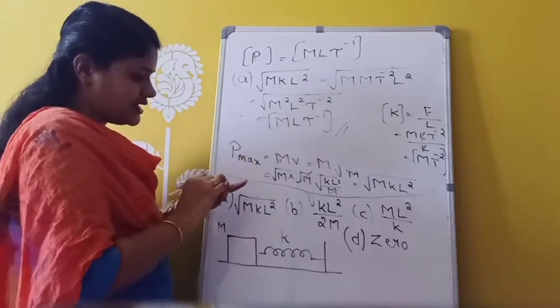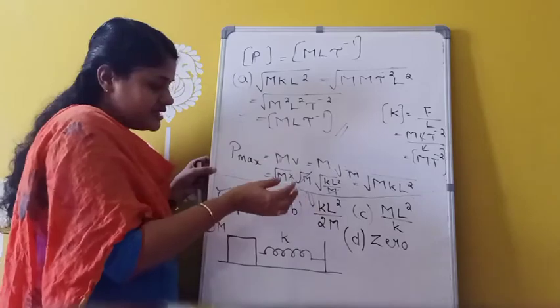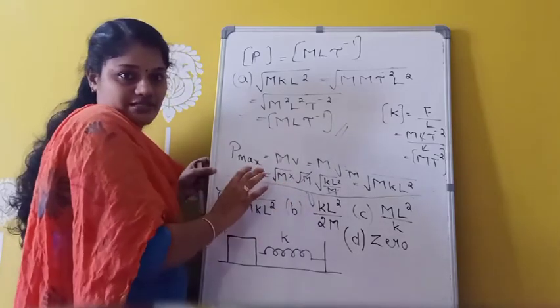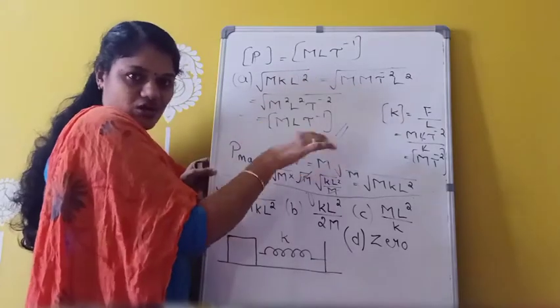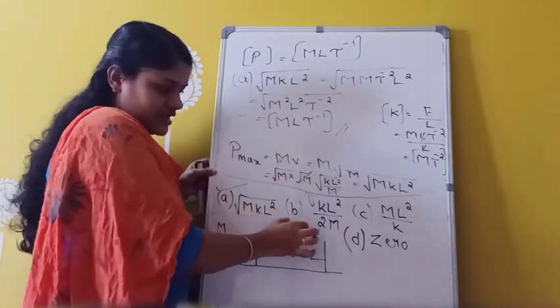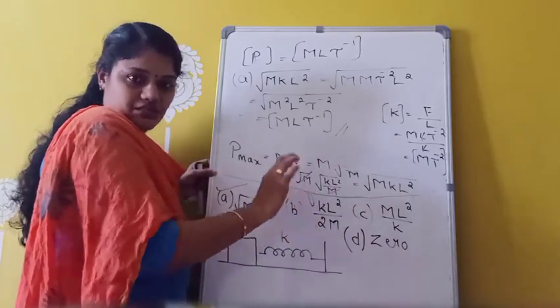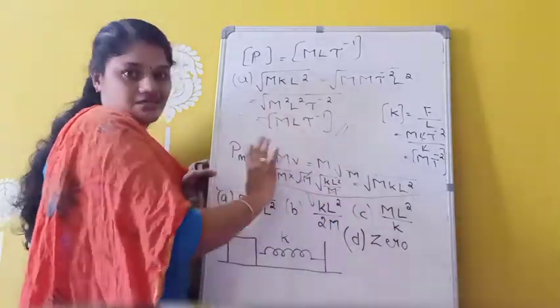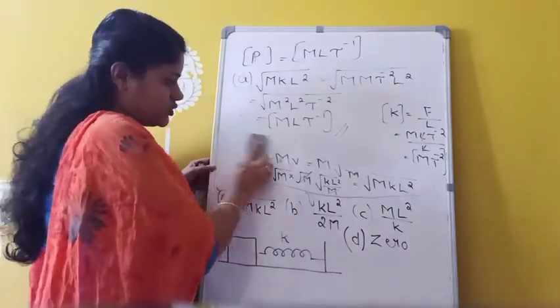But we can check the other answers also. But this easy method is not possible in all the problems. In some problems only we can choose like this. So instead of doing all these things, that is how to find the answer and all, simply we can find the dimensions of the options given here. Okay? And whichever has the correct dimension, we can choose that one. Okay. Similarly, we can check the second one now.